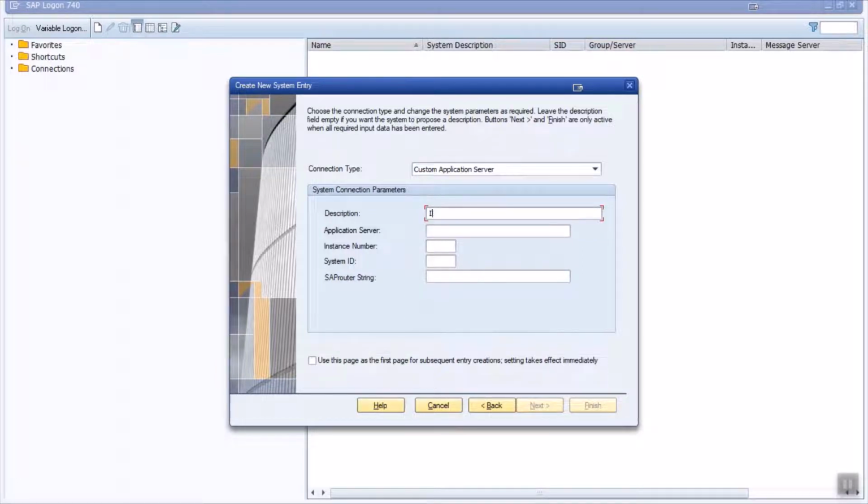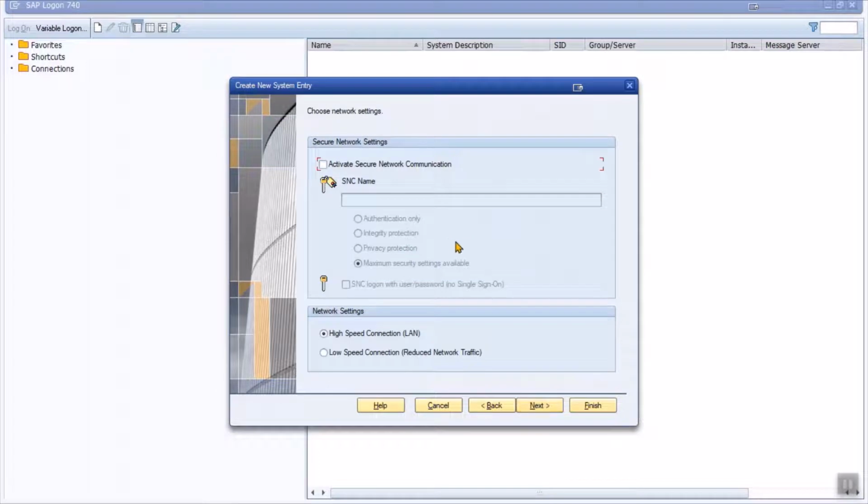Then in the description you can add a relevant description that is understandable by you, and then you will have an IP that you can give the information here, and then the instance number, whatever is given by the provider, whoever is providing the system. They will be able to give all these details. After you fill in all these details, please click next.